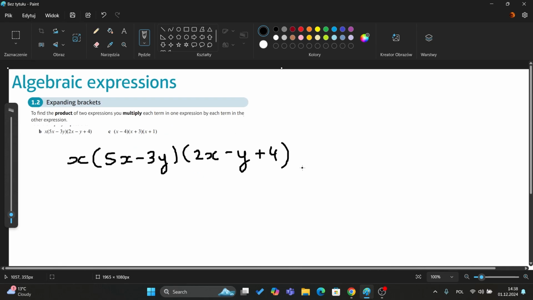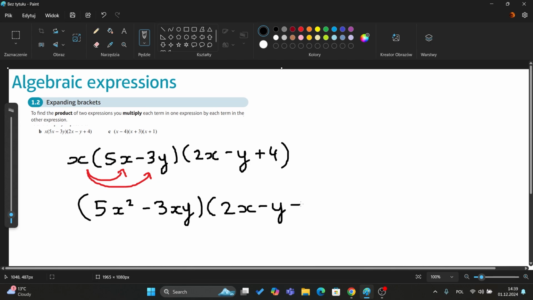Okay, now we've got this question, which includes 3 things to do. We have to multiply x by 5x minus 3y, and this result by 2x minus y plus 4. So x times 5x minus 3y is 5x squared minus 3xy. This is quite simple. So what I did is x multiplied by this and this to give us 5x squared minus 3xy. Now we drop down the 2x minus y plus 4